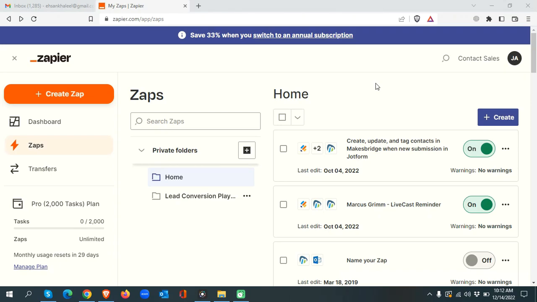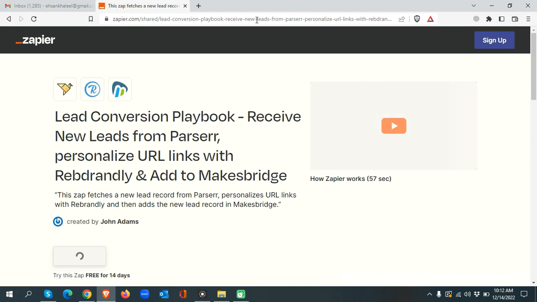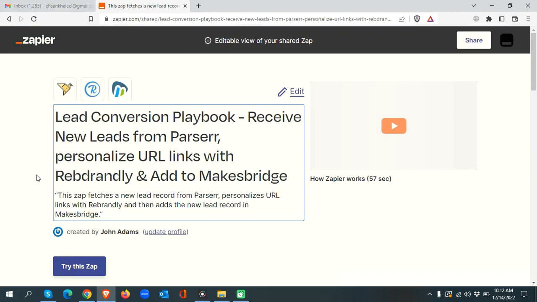In this video, we'll set up a Zap to receive new leads from Parserr, process them through Rebrandly, and send over to Makesbridge. So I have my Zapier account set up here, and I have the Zap URL copied. The link to the Zap will be included with the playbook. So I just paste the Zap URL here, the link to the Zap. It's actually a template which we can use to build our Zap. So here, just click on Try the Zap